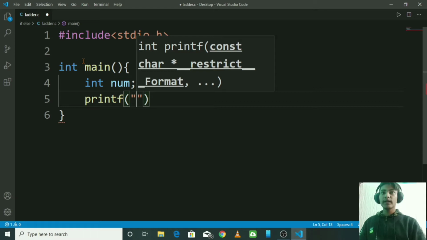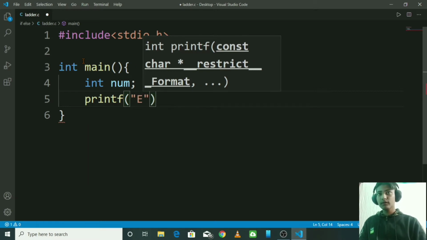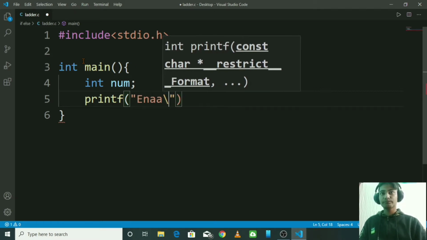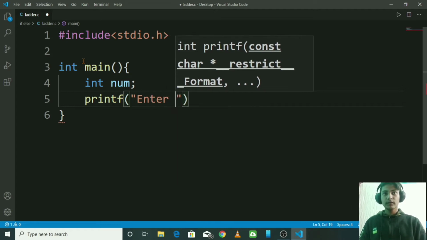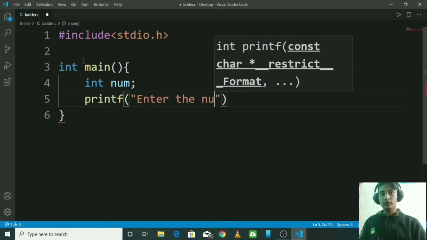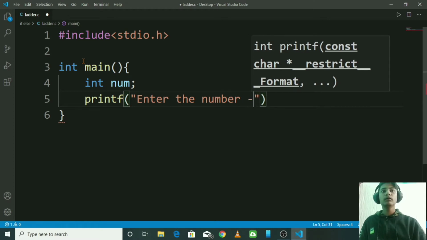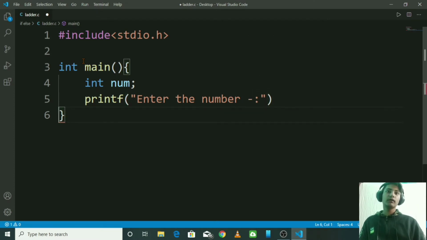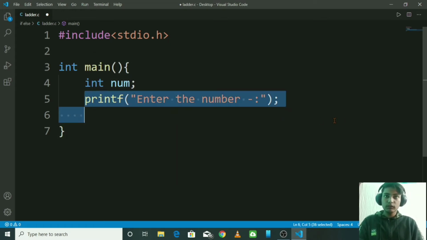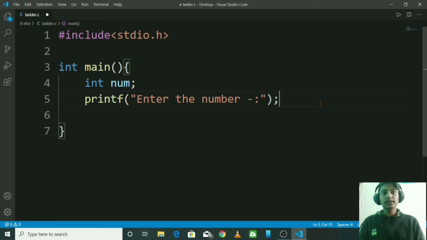So here I'm writing "enter the number", and then dash and colon, and in the last semicolon obviously. The printf function works for printing any string, so you should make a command like this, and it will print the text entered.